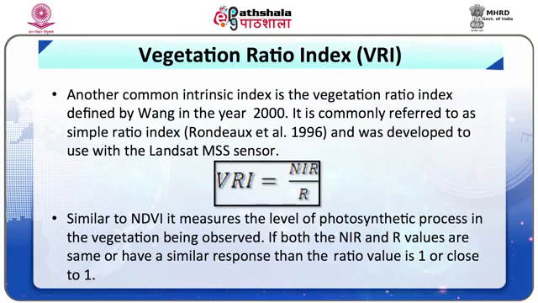The third one of significance is the vegetation ratio index, popularly known as VRI. Another common intrinsic index is the vegetation ratio index defined by Wang in the year 2000. It is commonly referred to as the simple ratio index and was developed for use with the Landsat MSS sensor. Equation 4 shows this, where VRI is equal to NIR divided by R. Similar to NDVI, it measures the level of photosynthesis processes in the vegetation being observed. If both the NIR and R values are the same or have a similar response, then the ratio value is 1